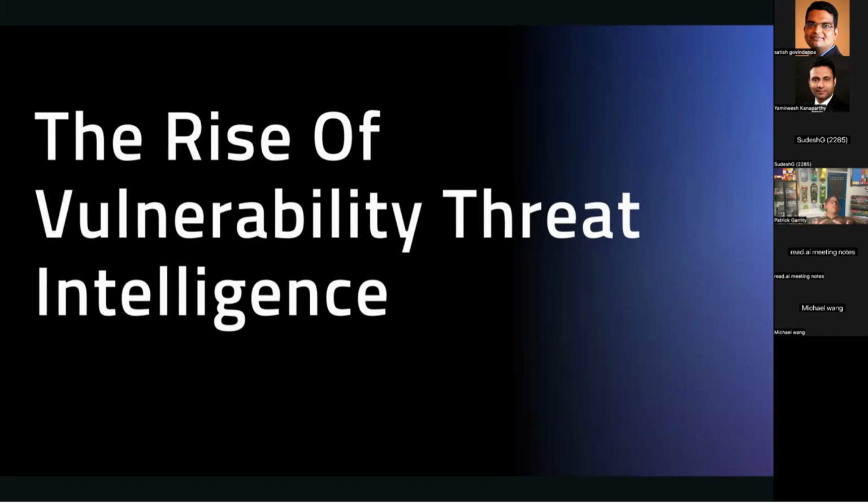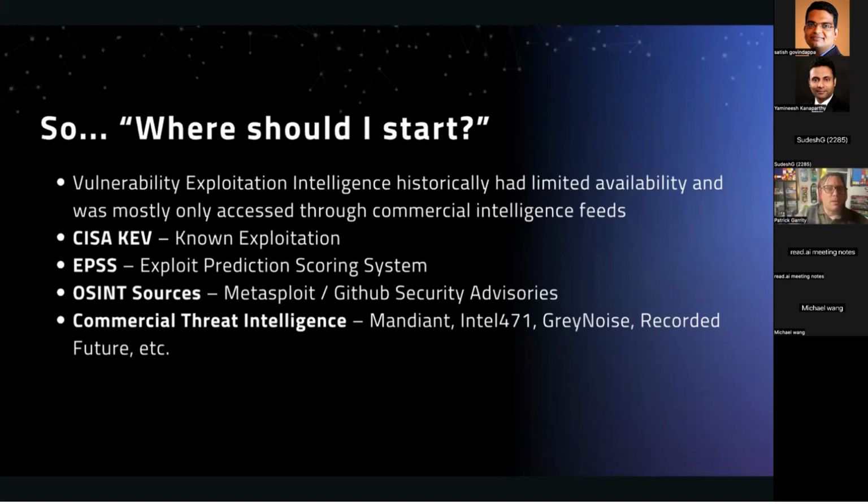If you look back, vulnerability threat intelligence was not accessible until recently. I'll talk about a few different projects that are open standards. Most people, if they had vulnerability threat intelligence, got it through commercial feeds, like Mandiant, Recorded Future, Intel 471. However, that data has historically been pretty minimal. It's going to tell you some evidence of things like exploitation or ransomware for certain CVEs, but it's not going to cover everything. And it's incredibly valuable. I don't want to discount it.